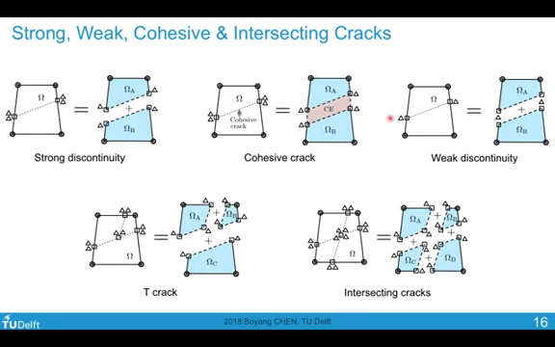And we can also only activate 1 degree of freedom set on this edge to form just a weak discontinuity, which is usually a bimaterial interface. So imagine this omega A has material A and omega B has material B. Here you would have a continuity in terms of displacement.